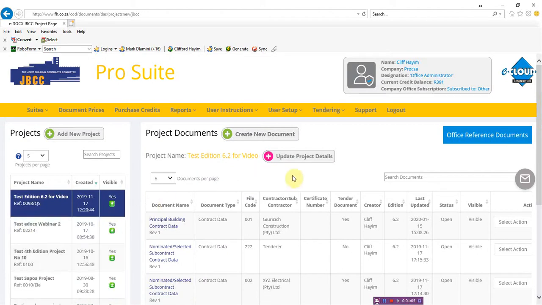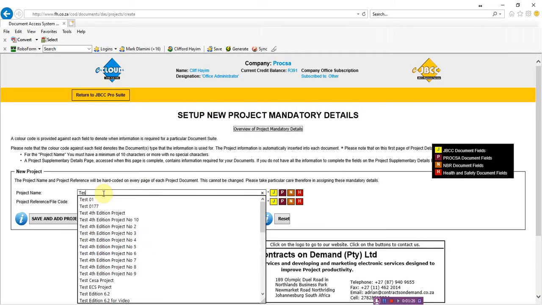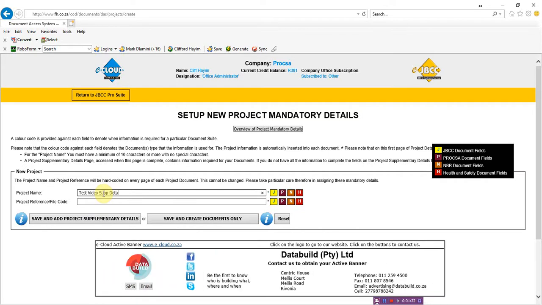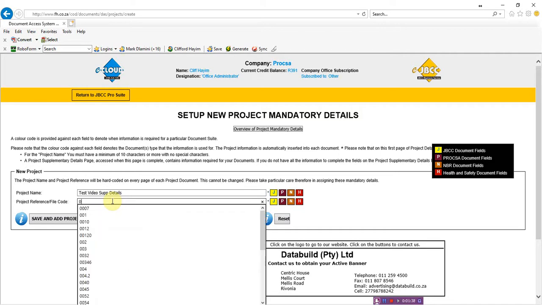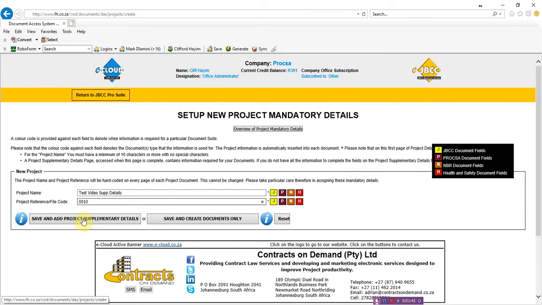And we're at the page where we have our projects and the documents associated to each project. Let's assume we want to create a new project, so we say add new project. It will want the name of this new project, so let's call it test video Supp details. We'll give it a file code or a reference. Let's just say 0010, and we want to use the supplementary details, so we say save and